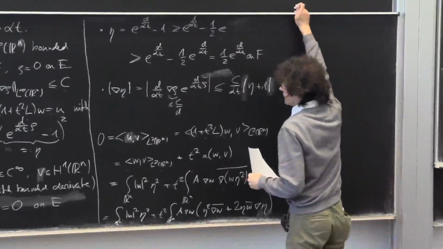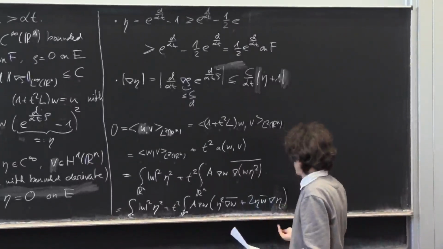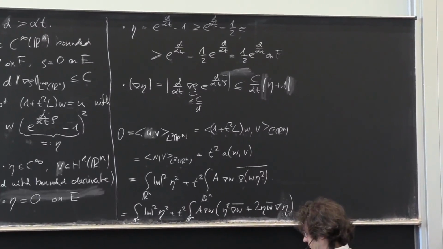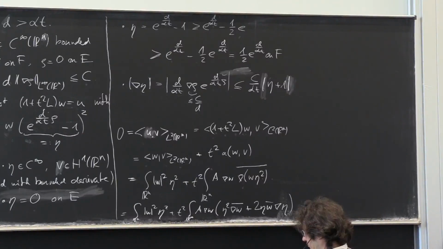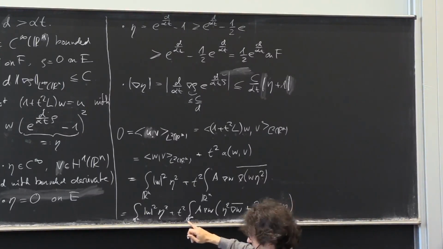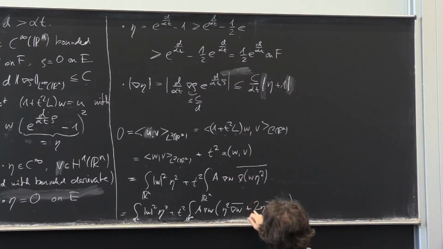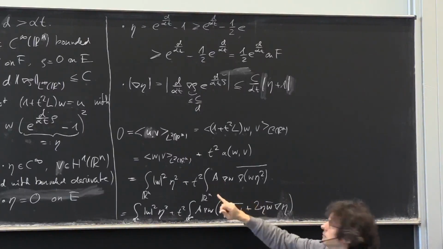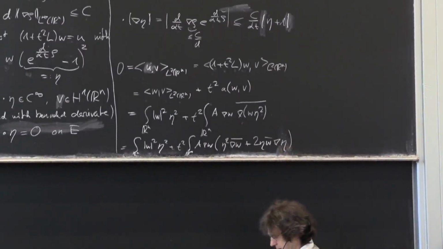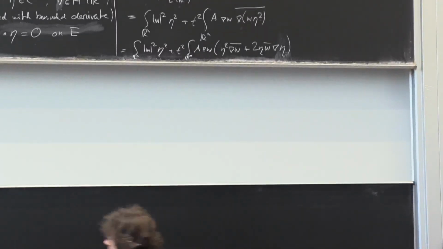So what we will do next is take this term here to the other side. So there's 0 on the left, so take this term on the other side. This gives you